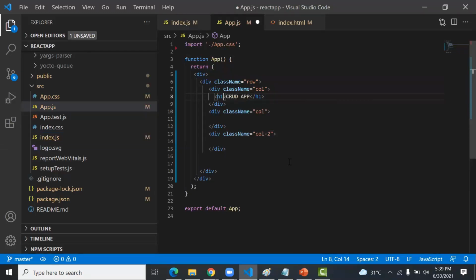If you want to change the background color, here you can type some colors. bg-, and for the color, if you want that dark blue color, you can consider primary. So the background color will show primary. Check this, it's a blue color.